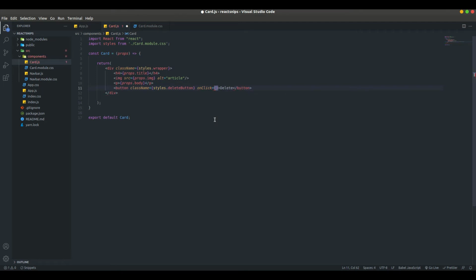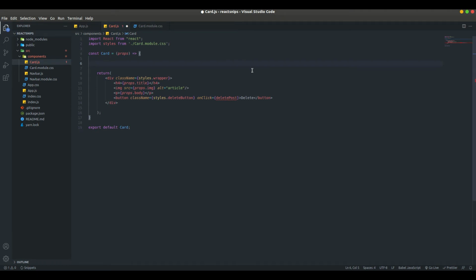So in here, we can either pass directly an anonymous function, an arrow function, or we can pass a built-in function, so a function that we are going to write, and we will call this one deletePost. Now, as you can see, it signals here this deletePost does not exist, it's not defined. So let's go on and define the function. So deletePost,